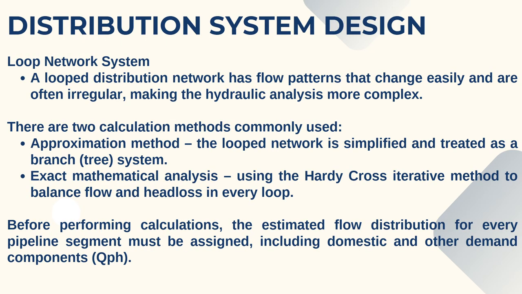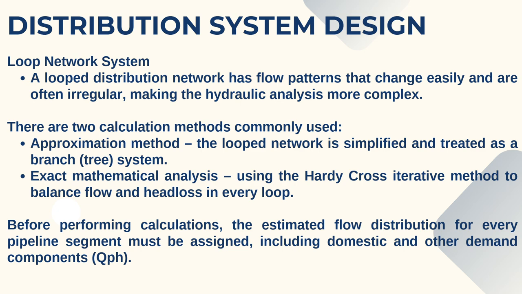Next is about the distribution system design. First one is the loop network system. A loop distribution network has a flow pattern that changes easily and is also irregular, making the hydraulic analysis more complex. There are two calculation methods commonly used. First one is the approximation method. The loop network is simplified and also treated as a branch or tree system. The second one is the exact mathematical analysis using the Hardy-Cross iterative method to balance flow and also head loss